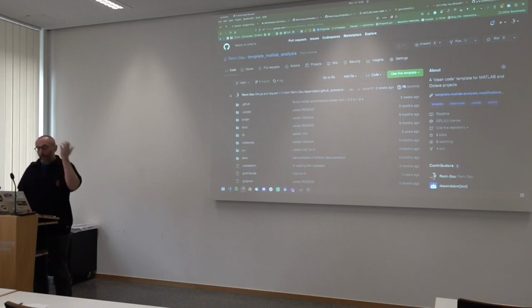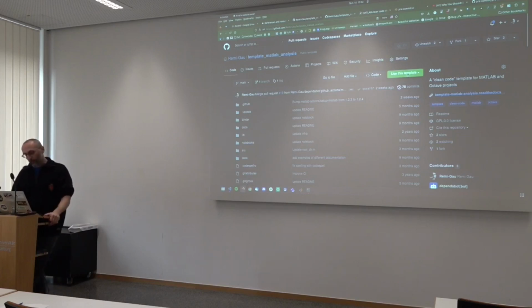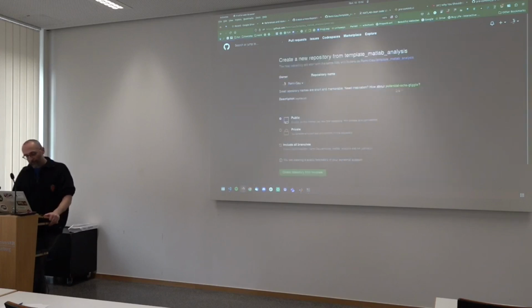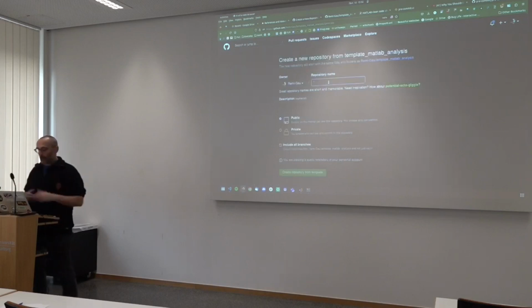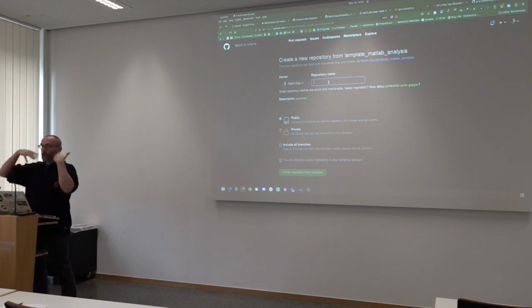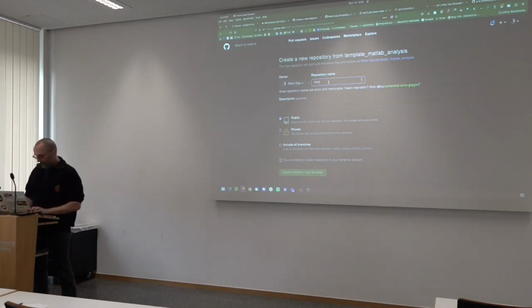And this is not a regular repository on GitHub. It's literally a template repository. So instead of the big green button for code, it's called "Use this template", and here you can create a new repository. Usually you would create a fork of a repository; here it's just a copy that's completely unrelated to where it came from. So you can just name it a new analysis and start working from scratch.